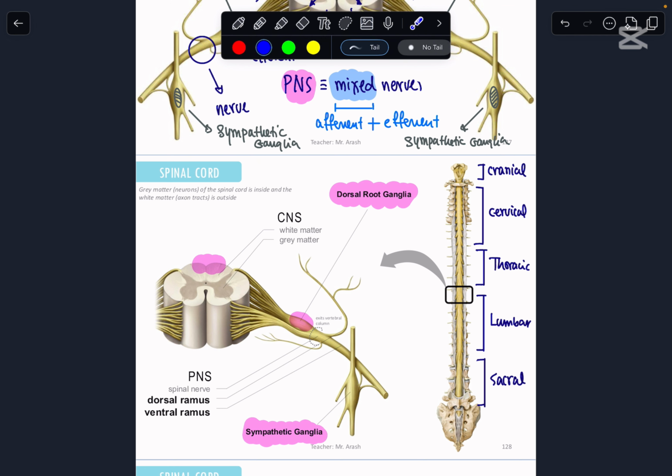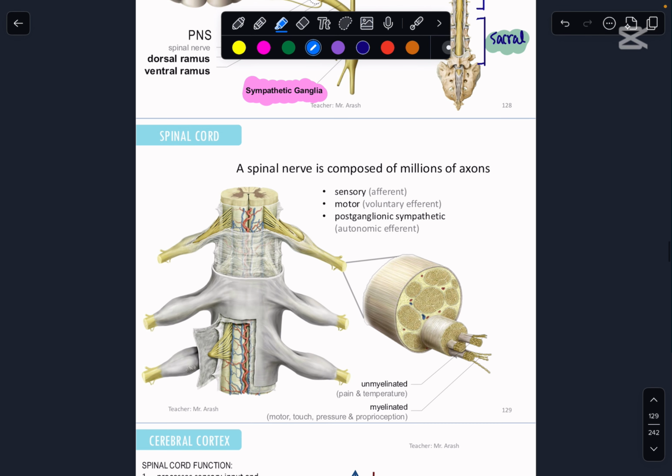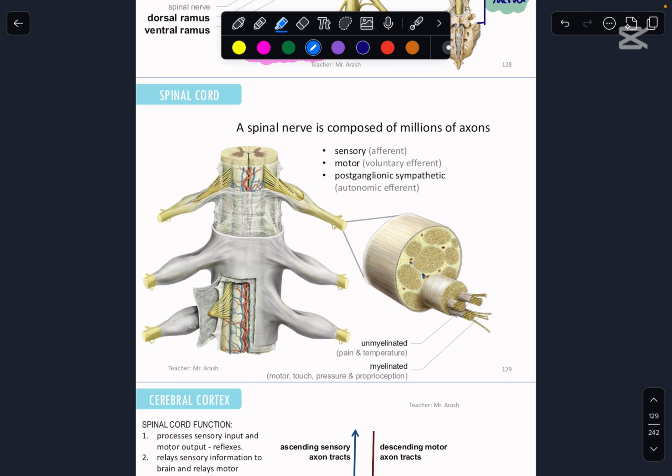Sacral. So these four parts, cervical, thoracic, lumbar, and sacral, are part of your spinal cord. Remember, the cranial nerves are technically coming out of your head. When you look at the spinal cord itself, it's made out of millions of axons, which we call